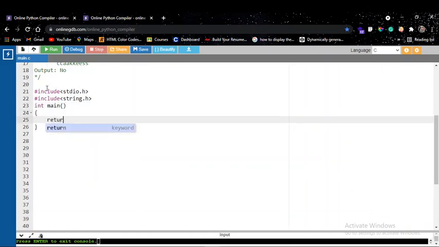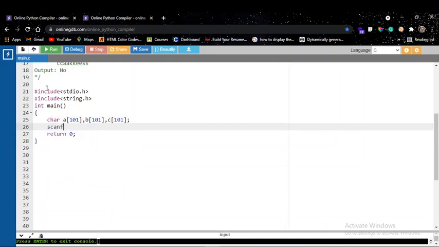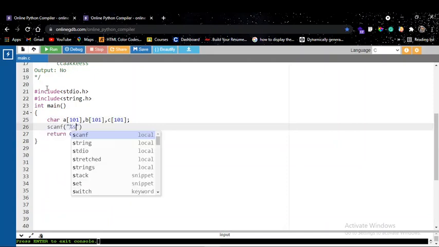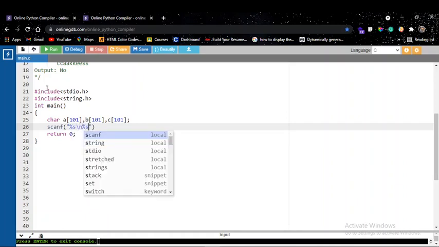declare the main function, and I'm gonna declare a character array A, character array B, and to find the stretched version, I'm gonna use a character array C. So here I'm gonna get those two strings A and B from the user. So percentage s slash n. So it is in the new line, right? So slash n I'm using,